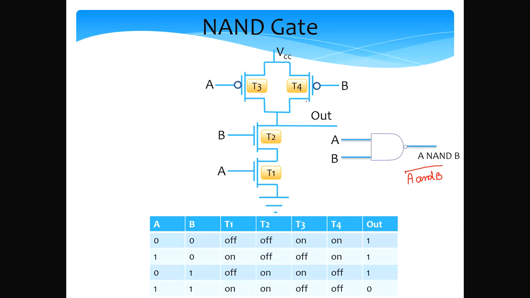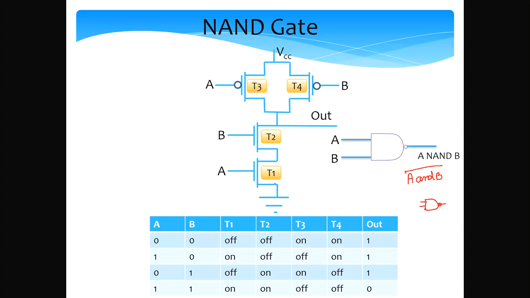Alright? And this is the symbol of an AND gate plus a circle. Had I drawn the gate symbol without the circle, it would have indicated A and B. But if I draw a circle over here, it indicates A NAND B. NAND basically means I compute the logical AND between A and B, and then I take the complement. So that is A and B complement.